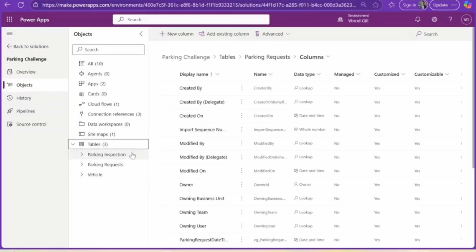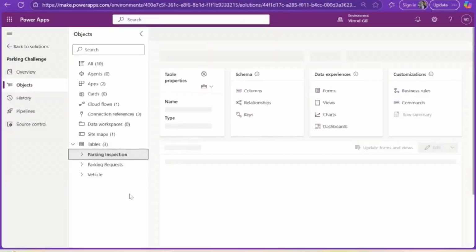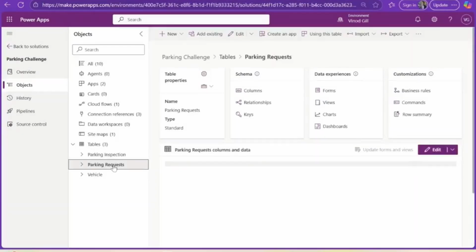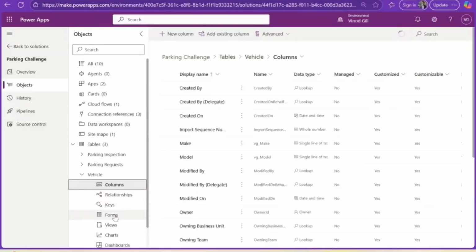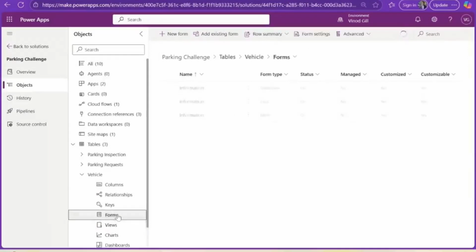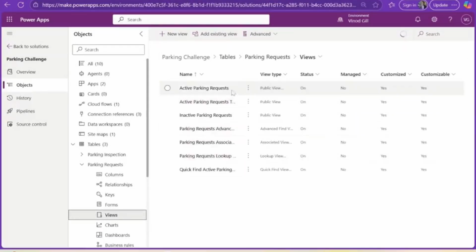The names are parking inspection, parking request, and vehicle. The parking inspection logs inspections conducted at 5 p.m. each day, and the parking request captures daily parking requests from staff and visitors. And the vehicle stores vehicle details like name, make, model, image, and owner email. Each table includes custom columns, custom views, and forms, including filter views like active parking request today, active parking requests,